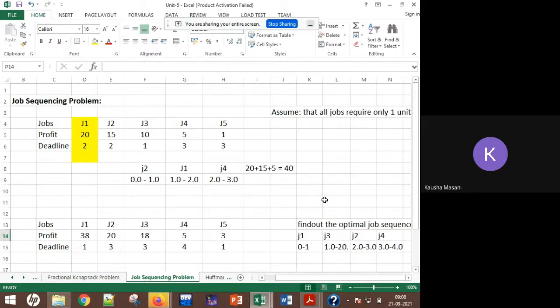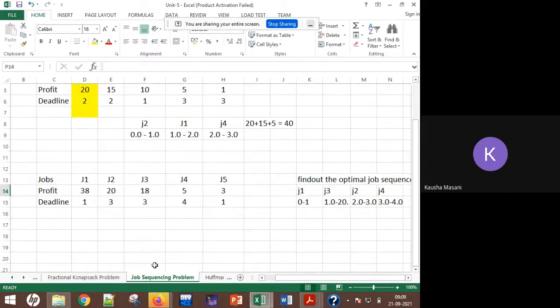Now this is the greedy approach. So you will go and select whichever is the first. The very first thing you will do is arrange all the jobs in descending order based on their profits. For those of you who don't know, here is the step.